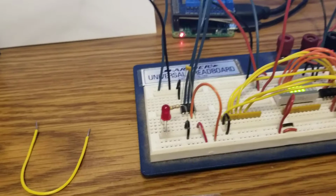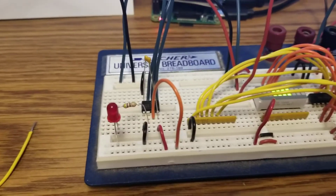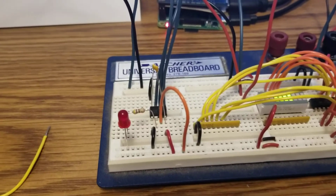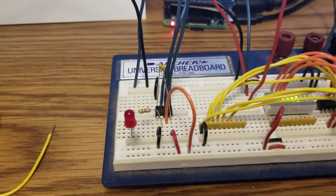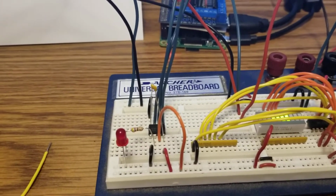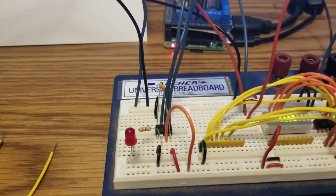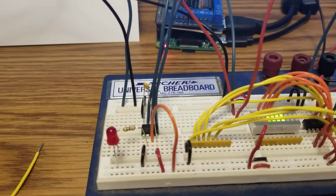Proof of concept. The main reason I got that 470 ohm resistor in there is they do warn about not wanting to pull more than 1 milliamp through the wiper, because that'll burn the wiper out. The wiper circuit. I don't think it's a physical wiper like you have on a pot. But anyway,